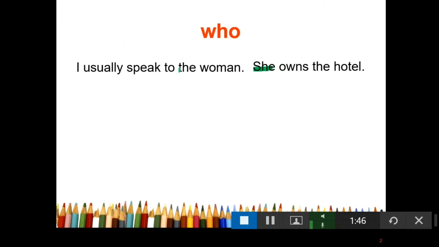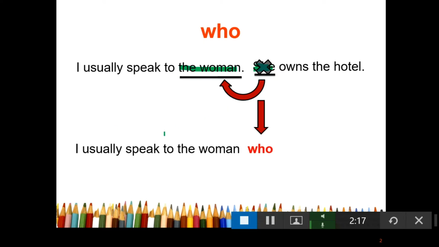Pay attention here, we have the woman and we have she. She refers back to the woman. So when we make them one sentence, we don't need to repeat. So I can say, I usually speak to the woman,